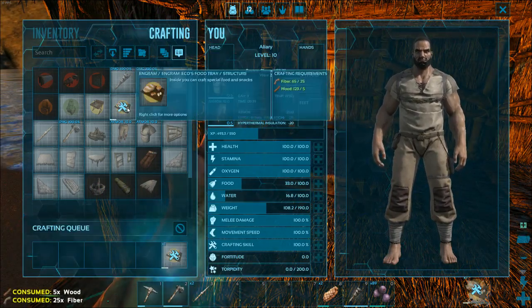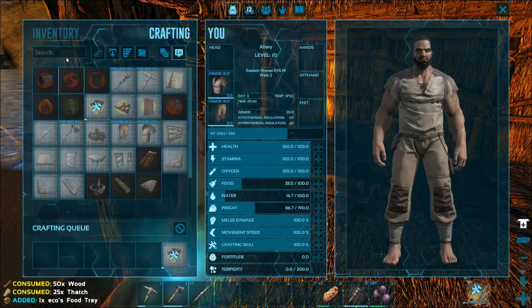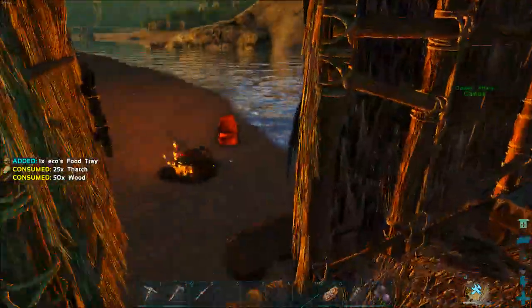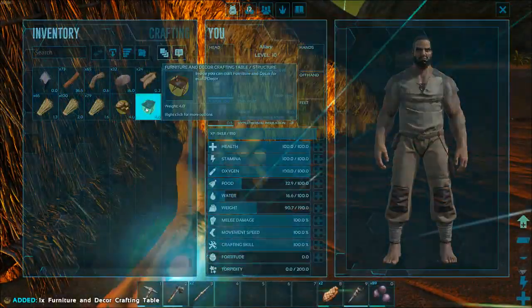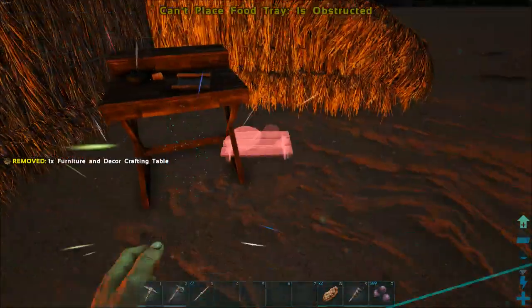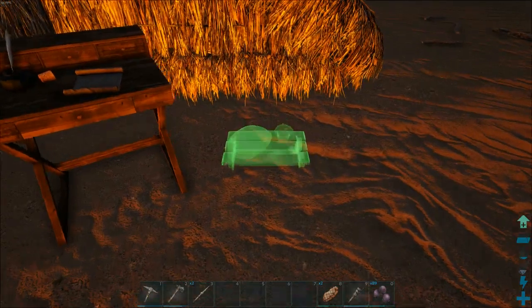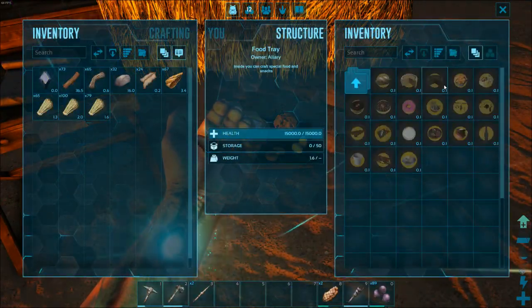Wonder what you can make with this thing. Food tray. And a furniture place. Let's go for both. See what I can do with my little house. Oh, okay. So what can you do? Oh, okay, so you actually make...